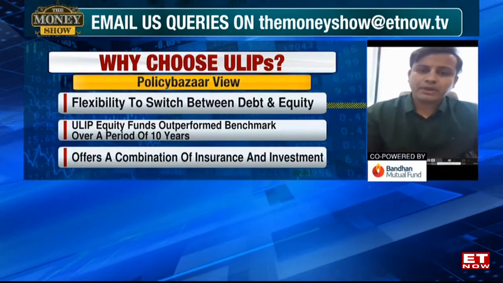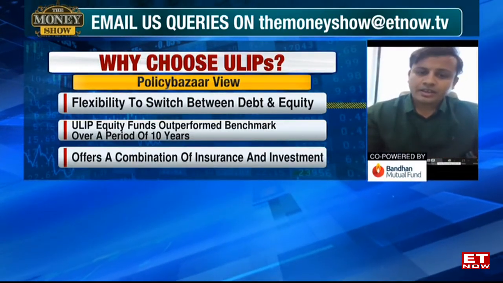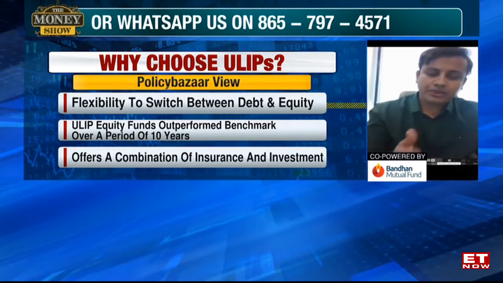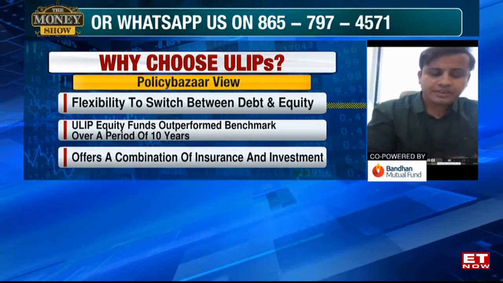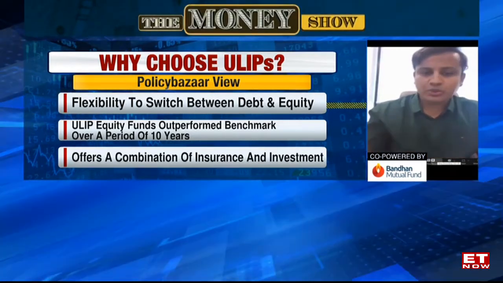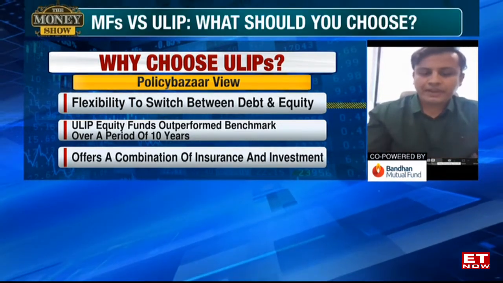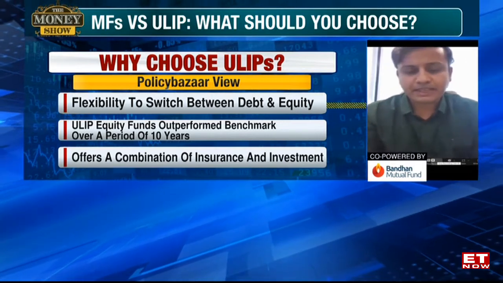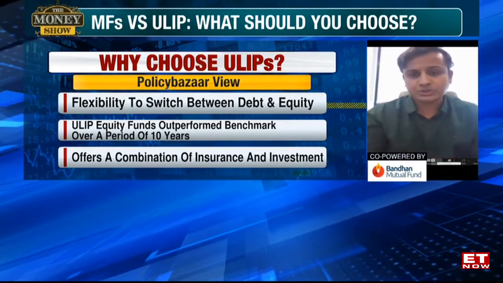See, ma'am, in a market linked plan like a ULIP, for example, you invest 1 lakh rupees annually. Now you have a choice to make whether you want to invest it in an equity fund, a debt fund, or balanced funds, which are a mix of debt and equity. This is up to the customer. Whichever fund his risk appetite associates with more, he can choose that.